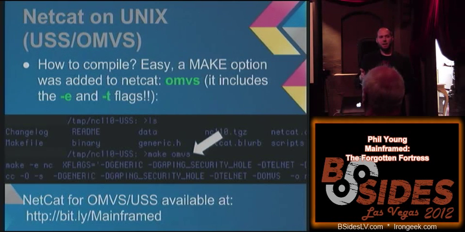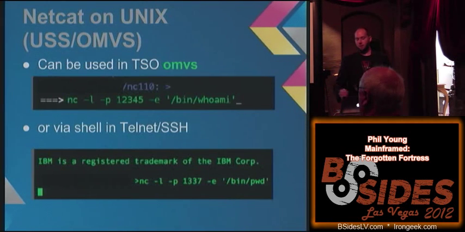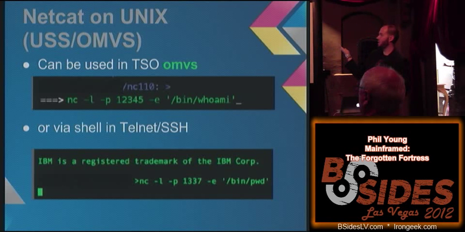The one I made, because I thought that'd be interesting, has the -t and the -e options enabled. So it lets you execute files and lets you run stuff. It's also available on my GitHub. I made it available to all because that's why I wanted to do it. You can run it from OMVS, there's me just typing in the command, or you can run it from the telnet prompt. You can run it in either.